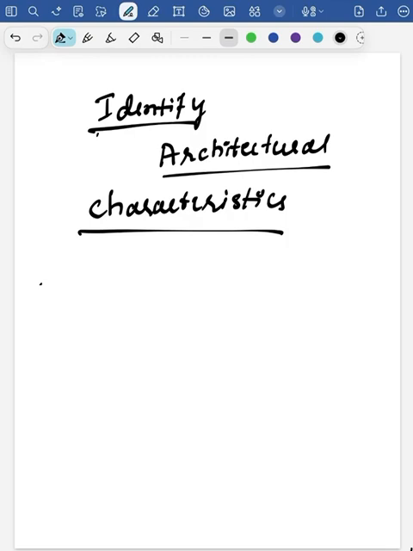Now, the very first place that we need to look for architectural characteristics is domain concerns. What the problem statement is, what the business requirement is, what the domain concerns are, what it is trying to tell. So, in real enterprise examples, how do we achieve this? Generally, there are stakeholders. It is not only about building the architectural solution alone, but talking to stakeholders and understanding what the business